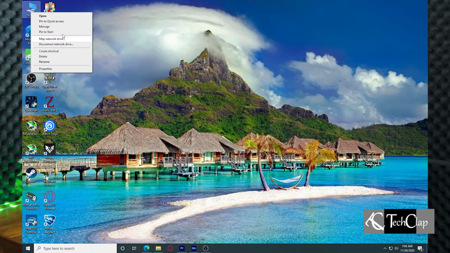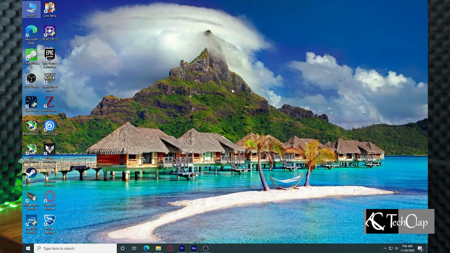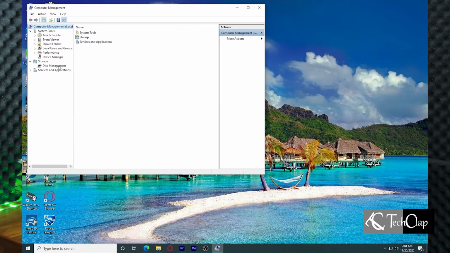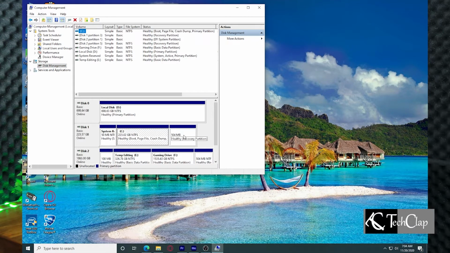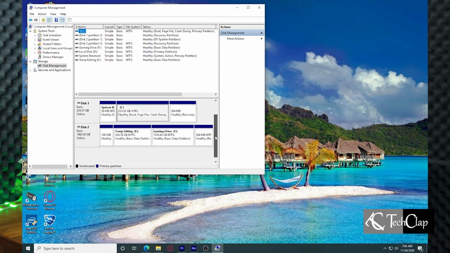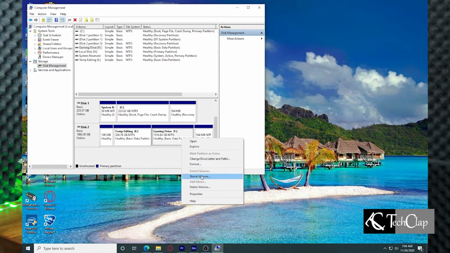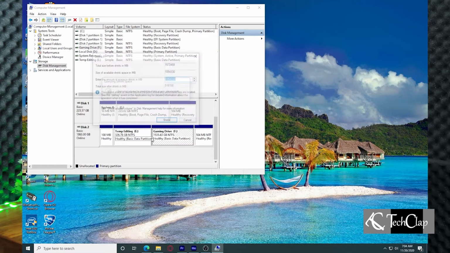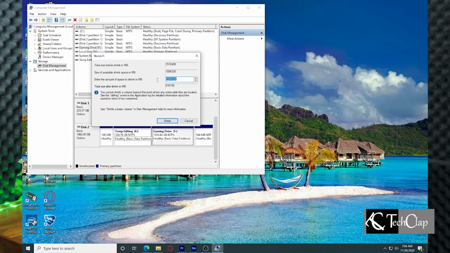First, go to your desktop, right click on your computer and click manage, and then go to disk management. Right click the partition or hard drive you want to make a partition of and press shrink. Then enter the amount of your desired partition